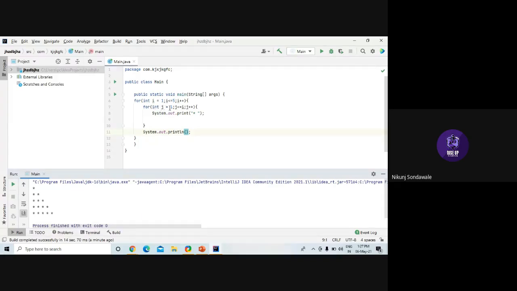We initialize j equal to 1, and j is less than or equal to 1. So j equals 1 satisfies that. That's why in the first row and first column we have one asterisk.